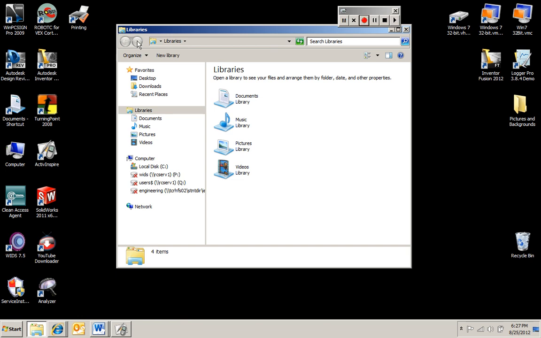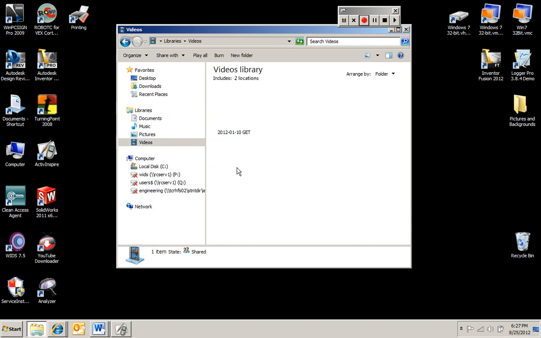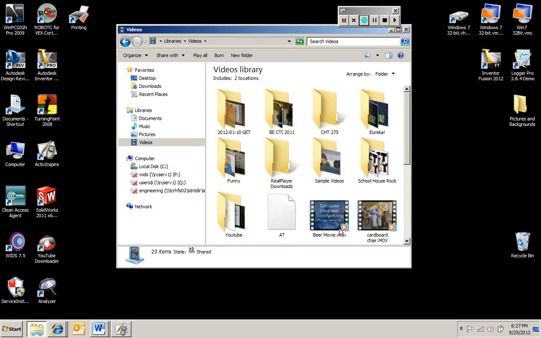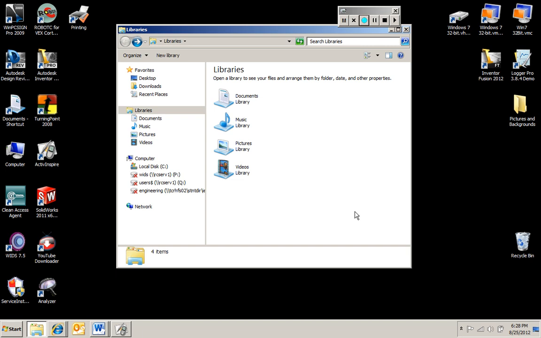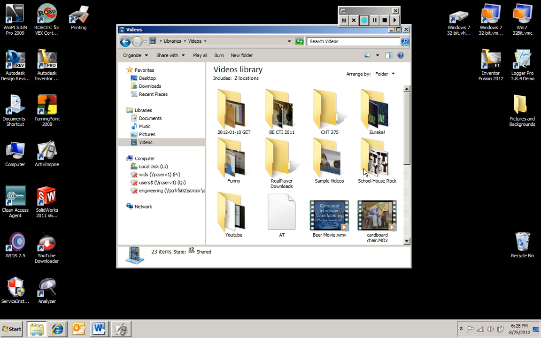These buttons are the back and forward buttons. This one goes forward, this one goes back. So if I double click into videos, you see I have this long list of videos segregated into folders. I can't go forward because I haven't backed up anywhere yet, but I can go back, and I would go back to where I was before, and that would be libraries. Now you'll see my forward is highlighted. I can click forward. If I went into, for instance, this folder labeled Eureka,